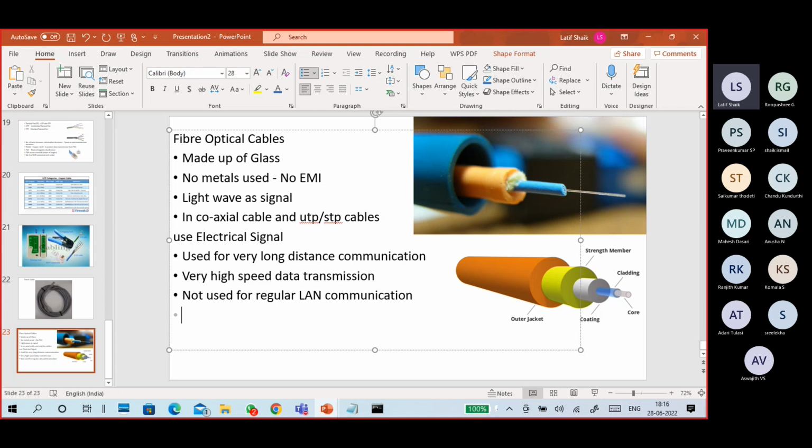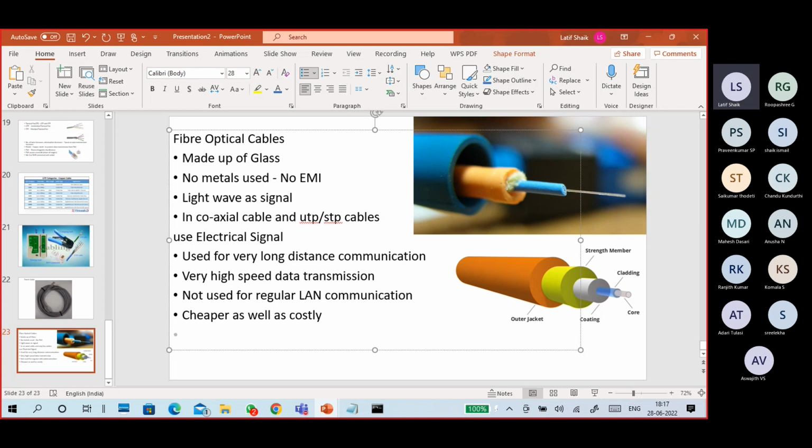So some people asked me, so why are you buying this one? Why are you not buying fiber optical cable? It is cheaper. Of course, fiber optical cables are cheaper as well as costly. It's cheaper because of glass, okay, as well as costly. How is it? It is cheaper and costly because fiber optical cables are used to,